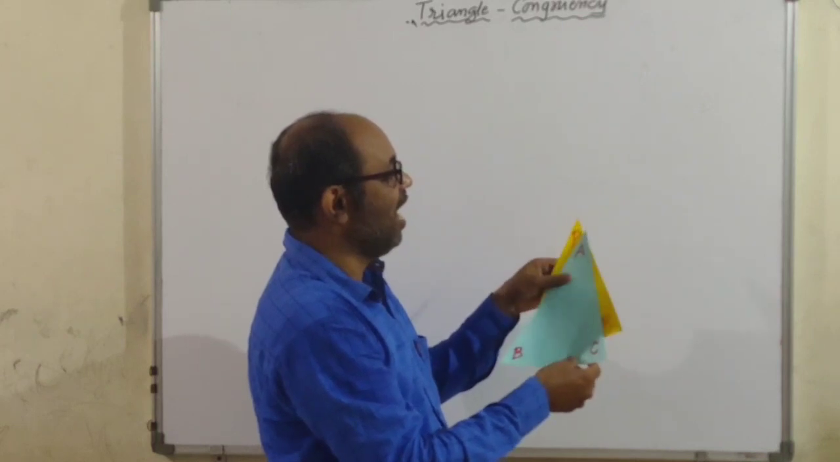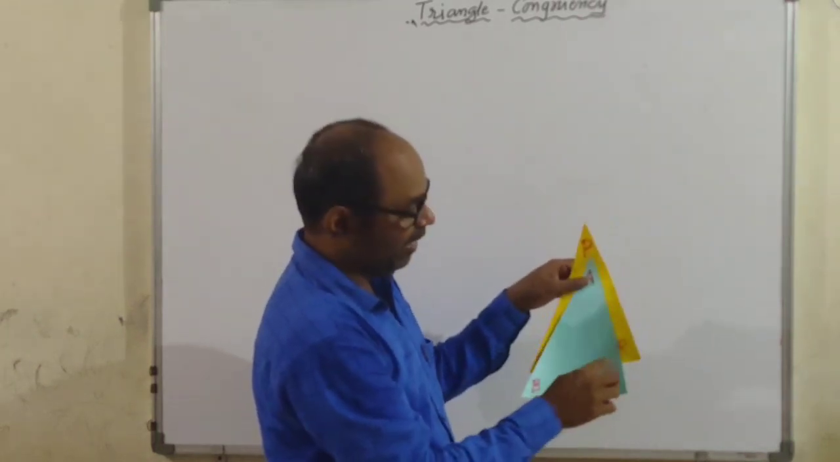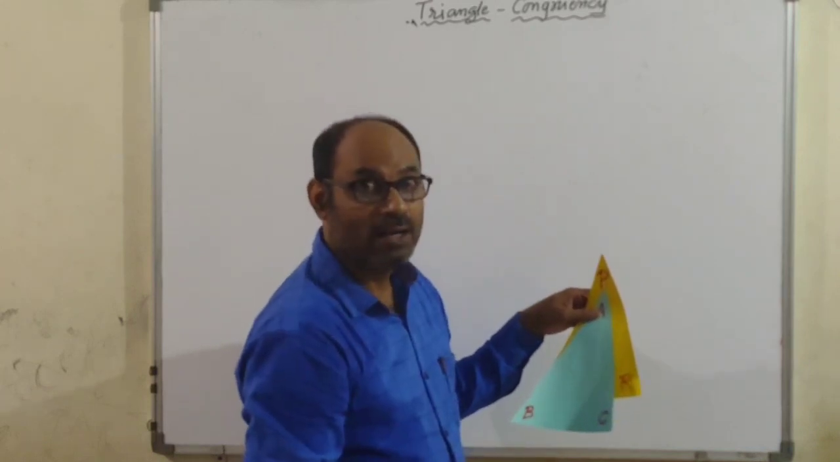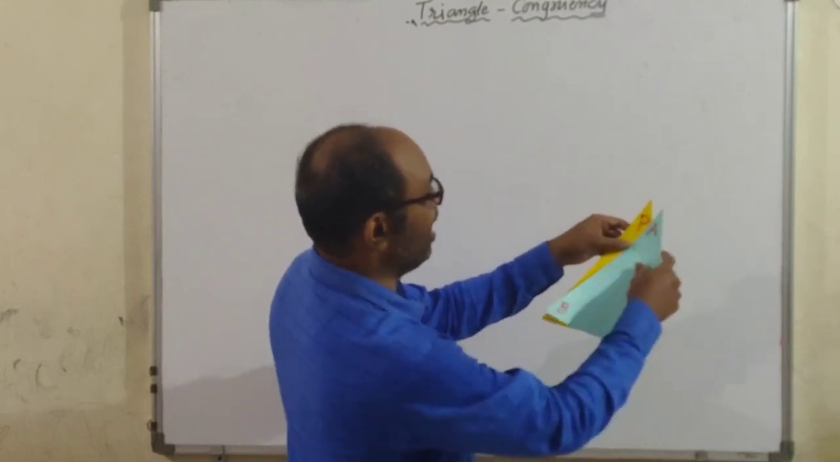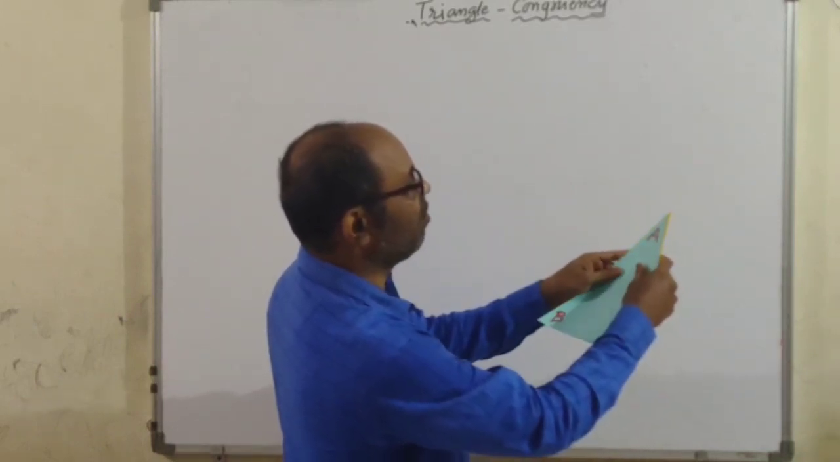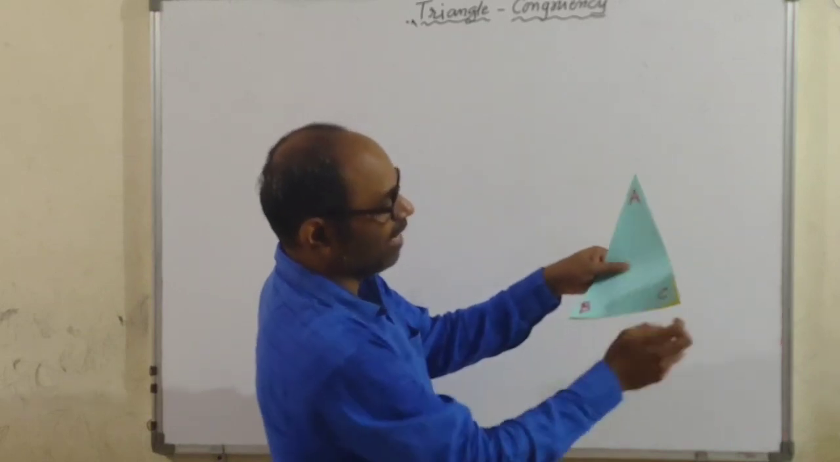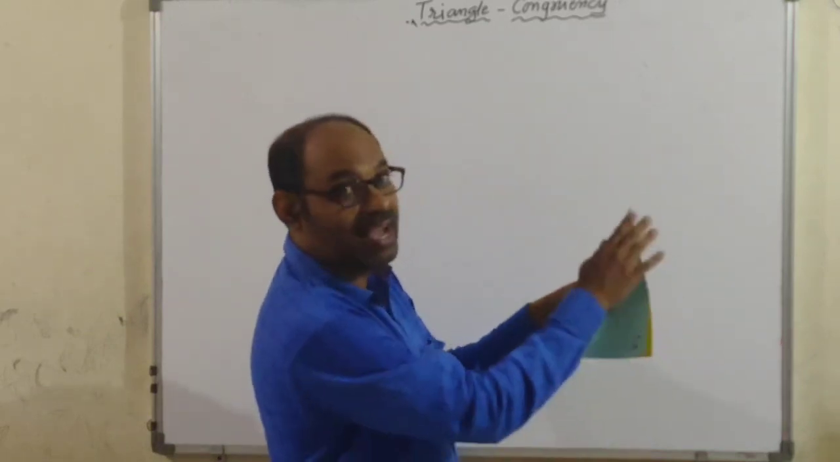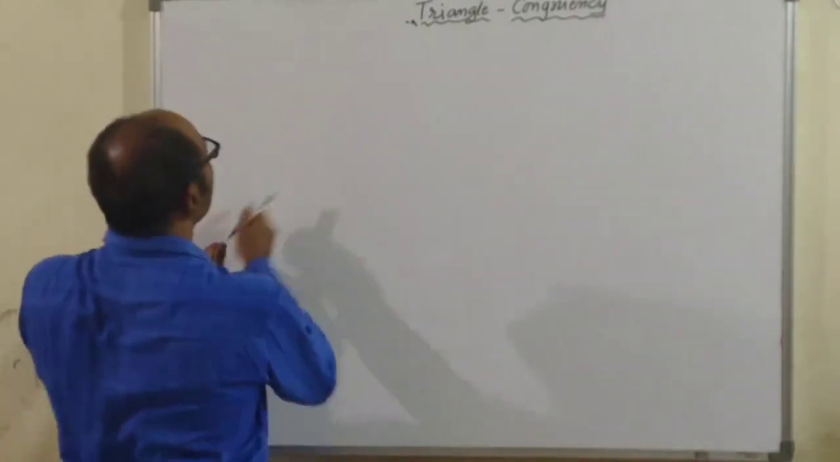Because angle A is equal to angle P, angle B is equal to angle Q, and angle C is equal to angle R. Not just that, the side AB and side PQ are equal, BC and QR are equal, AC and PR are equal. So, for these two triangles